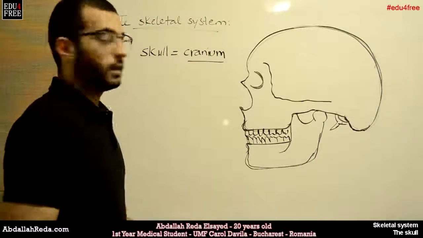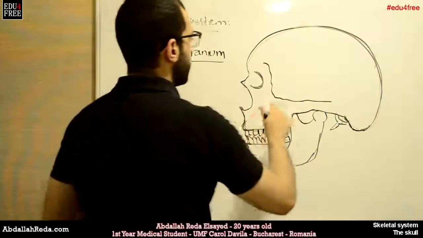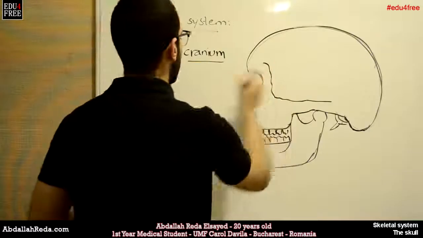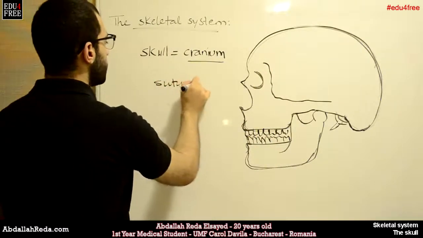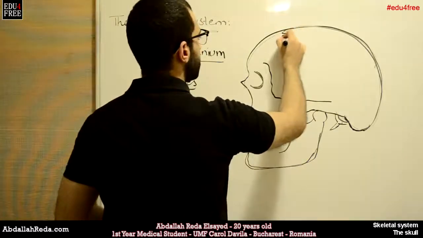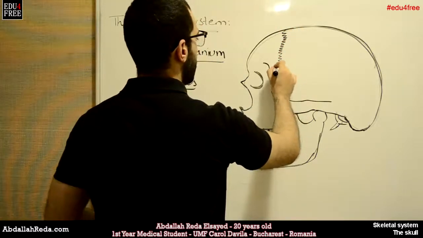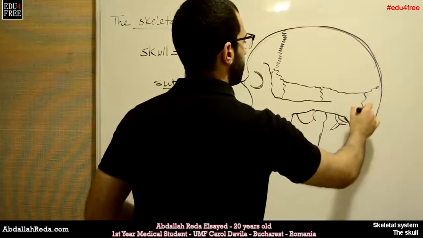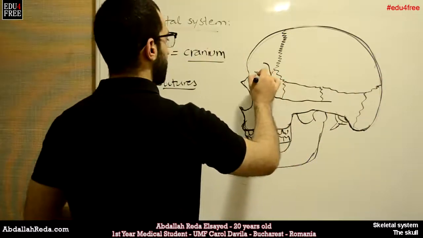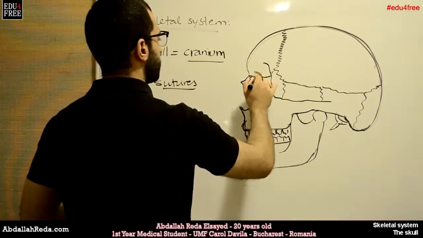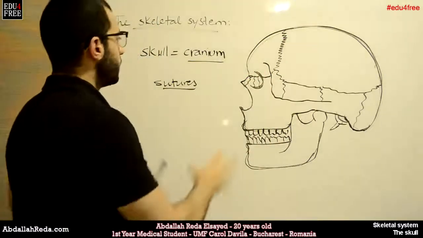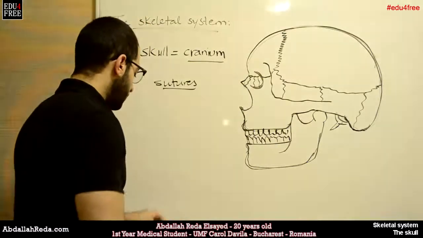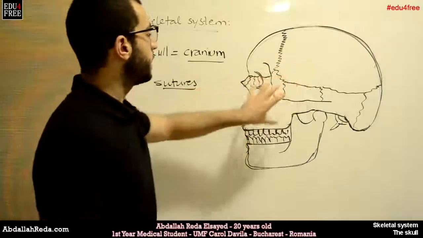so if the skull looks something like this, we'll see that it's made out of bones, and the bones are not joined together by joints. They are joined by something called sutures. So the ends of the bones are serrated like that. They have a zigzag shape, like this. So these bones are joined together very securely and very firmly, and they contain the brain and the sensory organs